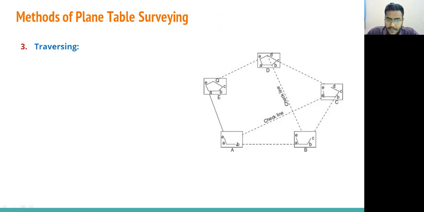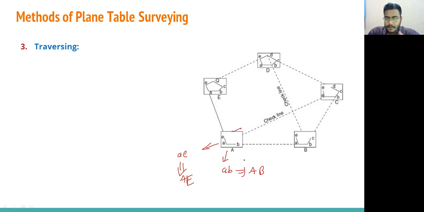Now keep the plane table at station A, sight A towards B. Just note that small b represents the station B on the field, and then sight the station E. This small e represents the station E. By using some scale, just note down the b and e. So here in this case the line ab will represent, by some scale, the actual length between station A and B. This line ae will represent the actual distance, by using some scale, from A to E, right?